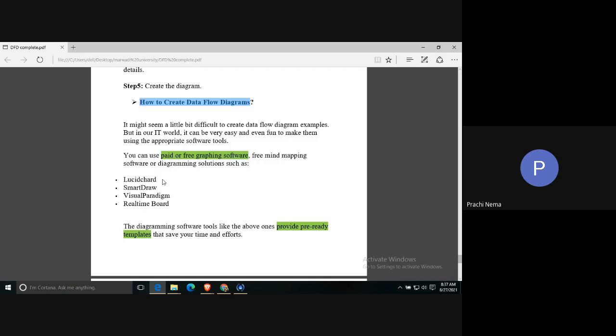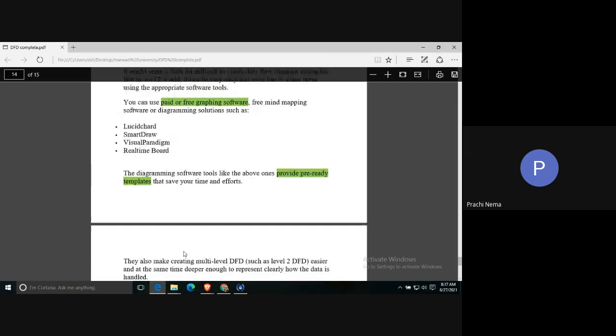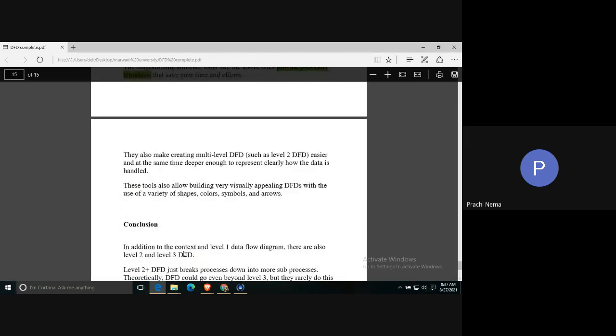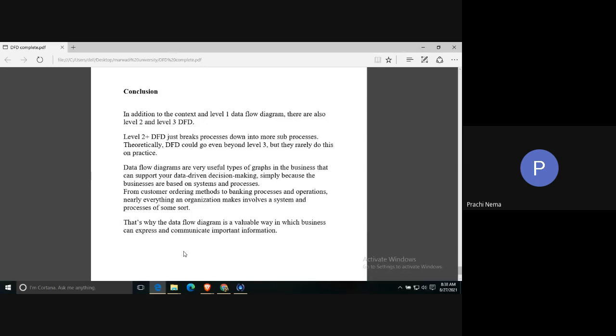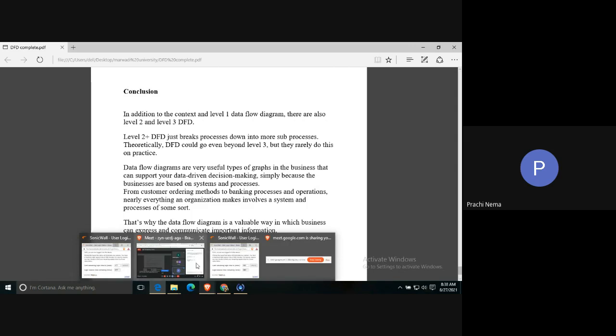There's no training needed for that. There's no extra knowledge you need for that. If you know about DFD, you can draw. If you know about your software, you can draw which components to include, which not. They have pre-made templates which you can use and draw your DFD easily rather than doing it manually. So the conclusion of this topic is that you have various different level DFDs, and with each level the details keep on increasing. So depending upon your need, you can go up to that particular level.